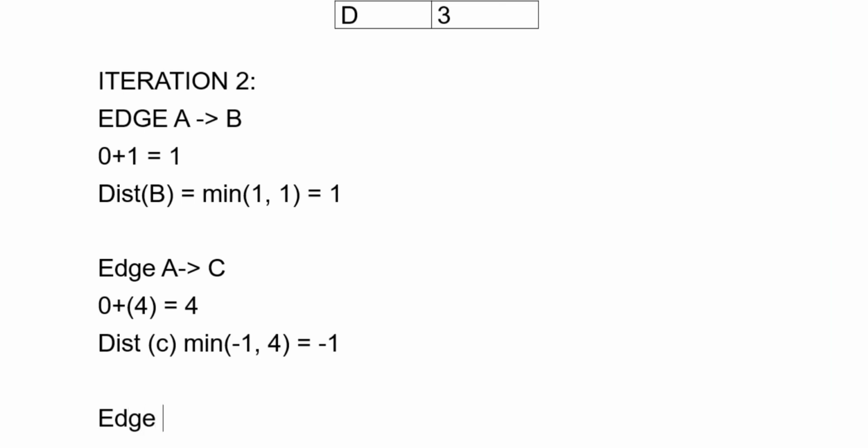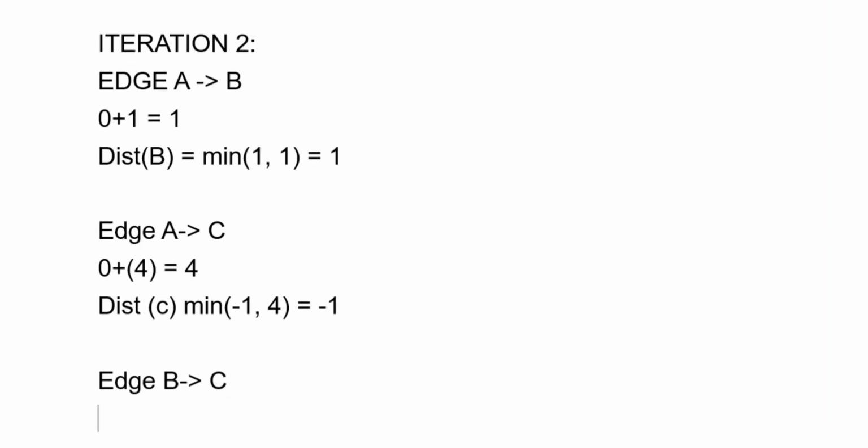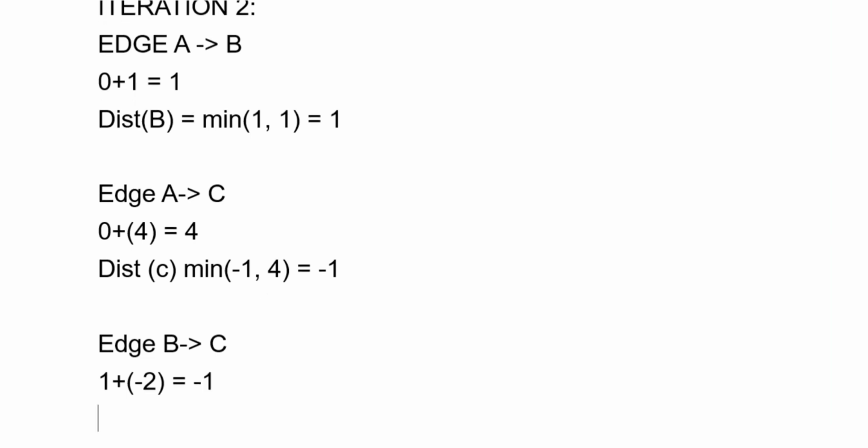So next we need to take edge B to C. B is 1. 1 plus the weight of B to C, minus 2, is equal to minus 1. Next we need to find the minimum distance. So the minimum of minus 1 comma minus 1 is equal to minus 1. So no updates because the distance remains minus 1. It is already the minimum. Next we need to take